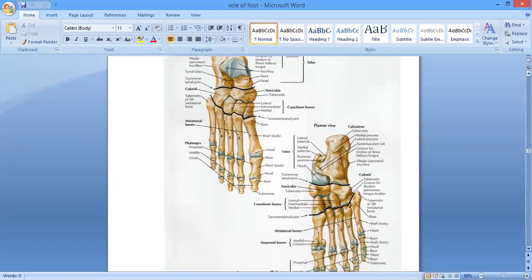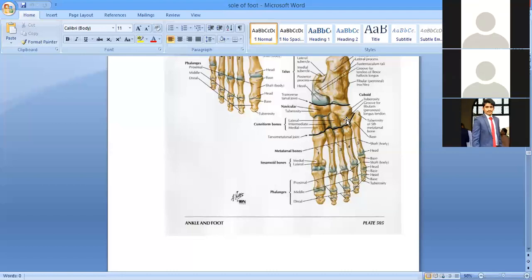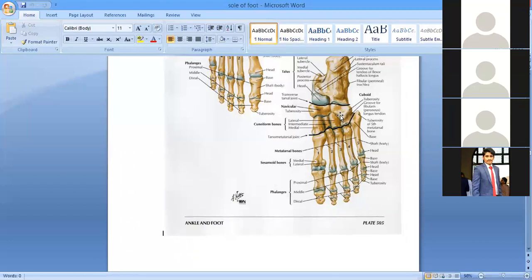Okay, now here you can have a look over here. So this is a cuboid bone. So that lateral limb of the flexor hallucis brevis is getting origin from this part here, the medial part of the cuboid bone, just behind this groove. ये groove कौन सा है बेटा? Cuboid bone पे groove किसकी कौन सा होता है? For the tendon of the peroneus longus. ठीक है ना? So it is getting origin from the medial part of the cuboid bone, just behind the groove for the peroneus longus, and the adjoining part of the lateral cuneiform, right?